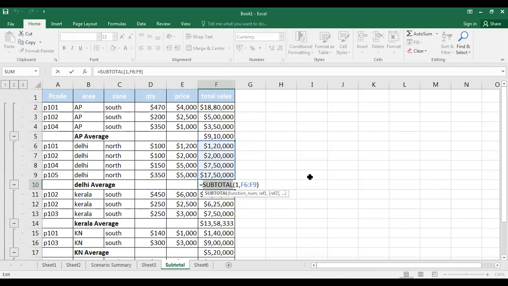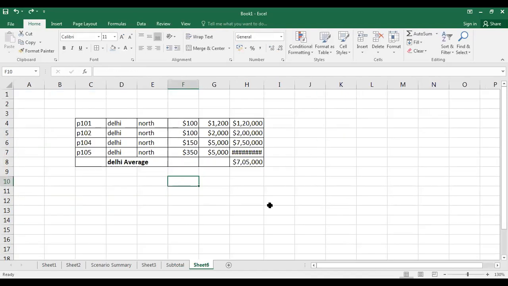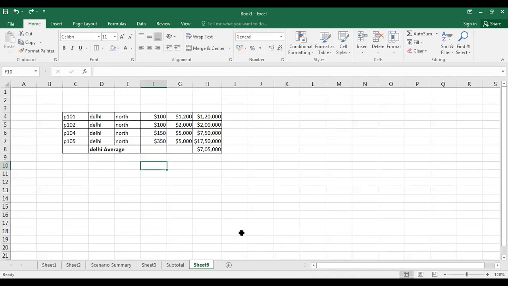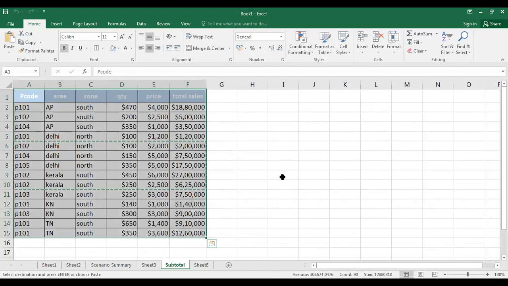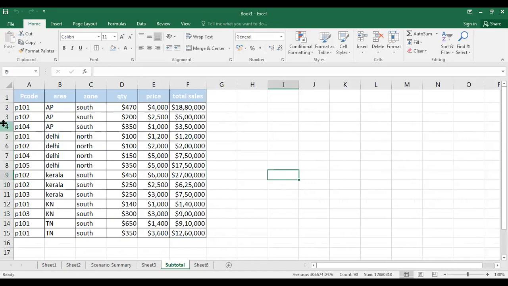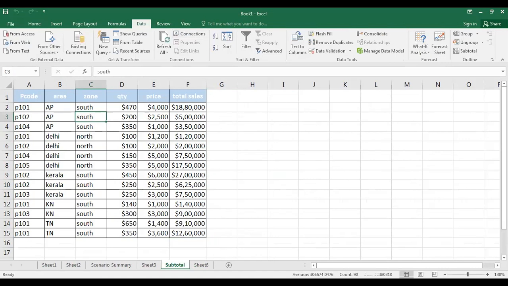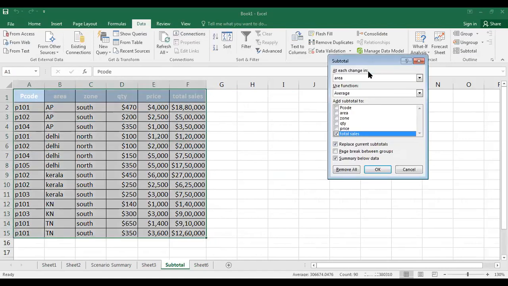This is one thing, and we'll see one more thing in data subtotal. I want to select more than one subtotal.